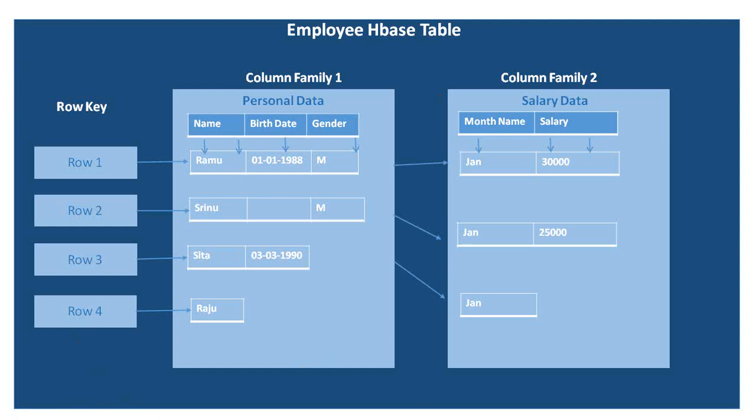Simply I will specify what the column family is, what the row ID is, and what the column name and column value are. So simply by specifying that, I can store the data. I can insert the data, and the remaining columns, if I want, I will skip. On the storage side, they also won't allocate any storage for the particular column. So this is about the column oriented